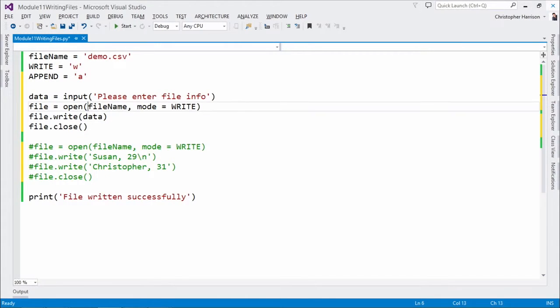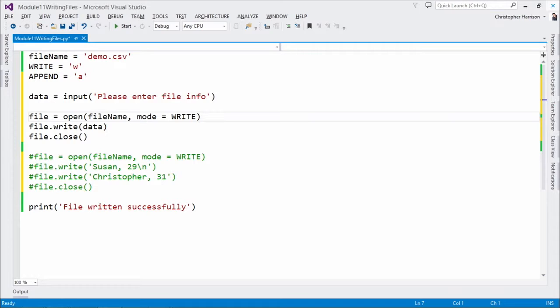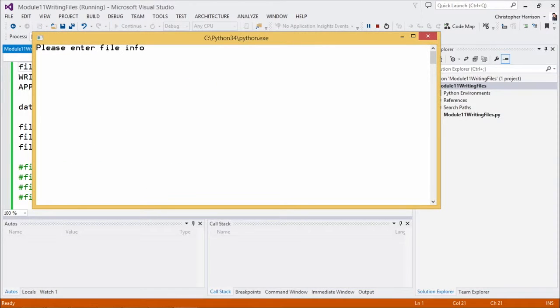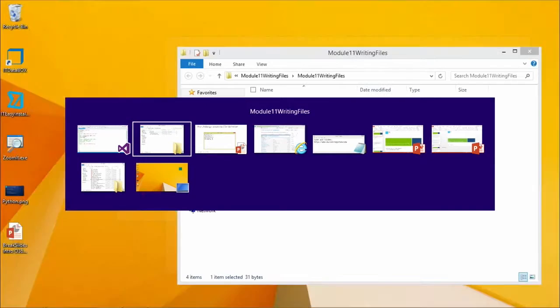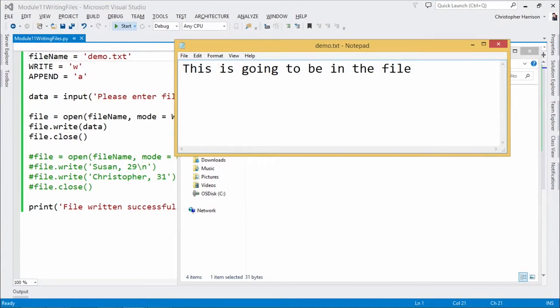Okay, so what you're going to notice is that I'm grabbing the data from the user, and then I'm going to write that out to the file. So let's go in and do that real quick. We'll just go in, hit start. Please enter. I should have put a space, but that's okay. This is going to be in the file. Hit enter. Written successfully. And now let's go back to our text file, and that's going to be in the